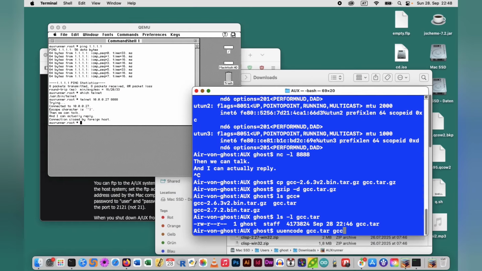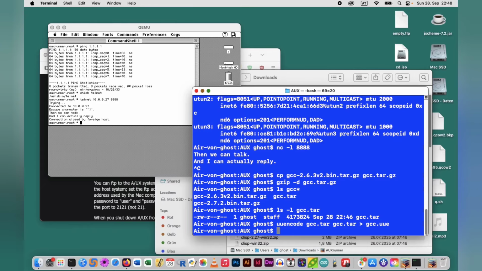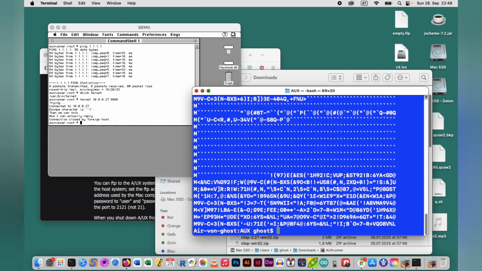You say that the source file shall be gcc.tar, you say that the target file shall be gcc.tar, and you would like to have this all in a text file called gcc.uue. You could call that Rotkäppchen or Little Red Riding Hood if you wanted to. gcc.uue is now nothing but a very fat text file, which of course is somewhat larger than the original tar file, which you will see in a second,